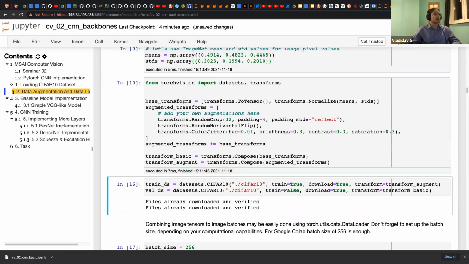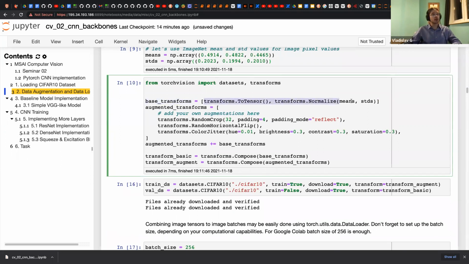Then the concept of transforms is already familiar to you, I think, and we will apply base transforms. It is for training and for validation. So we will end up with the same pictures that we started from, and augmented transforms are for expanding our dataset. We spoke about it a bit in the machine learning course, but here is the implementation.